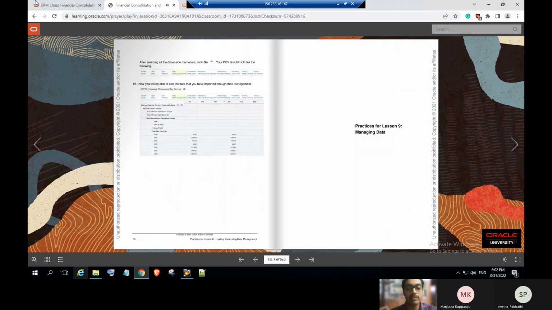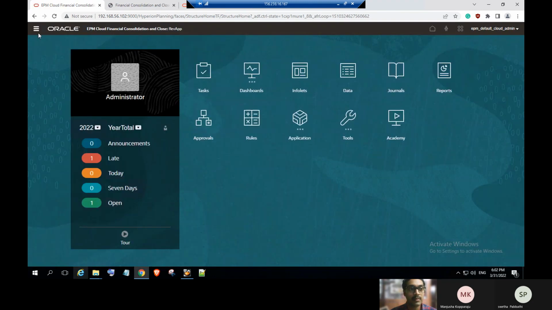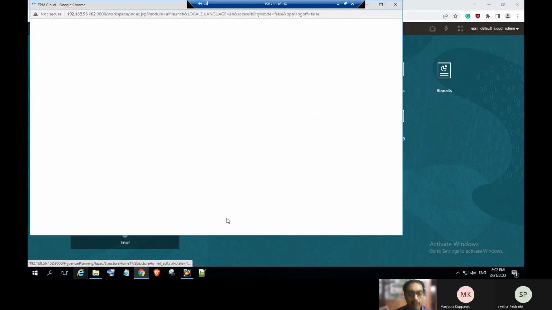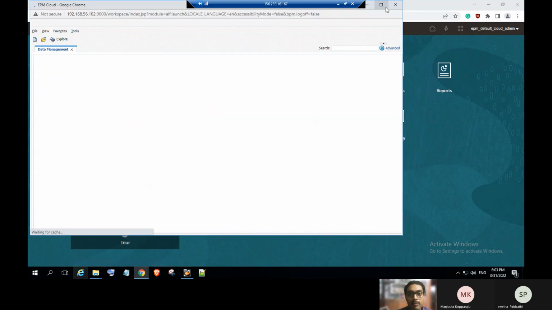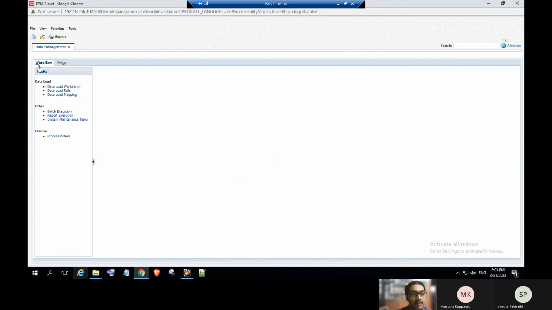Let's see how we can do the data loading using data management. In our application, navigate to our home page. Under the integration, it is the data management. Click on that. A separate window will pop up. Expand that. We'll see two options. One is workflow, another one is setup. First, we have to set up the